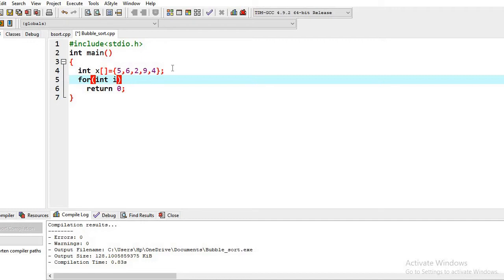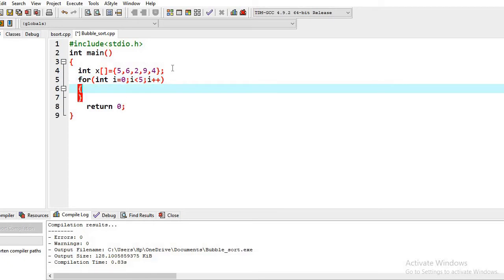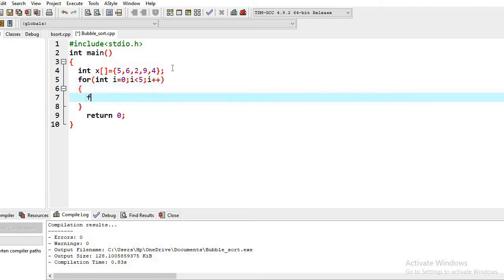For sorting, we are going to use two for loops, nested for loops. The outer loop is with i less than 5, using an i counter and i plus plus, like this. Then one more loop, the j loop.